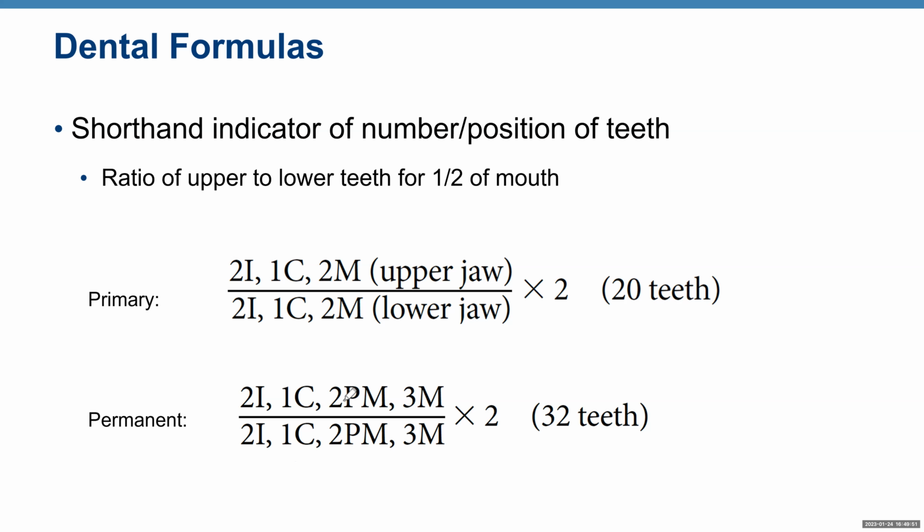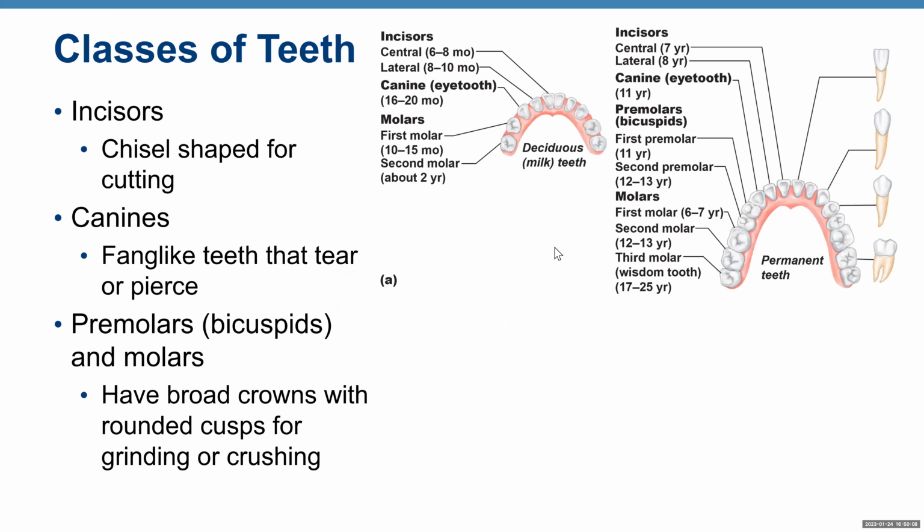So premolars, you have a total in the upper jaw of 4 premolars and in the lower jaw 4 premolars, right? And you have 6 molars in the upper jaw and 6 molars in the lower jaw. So if you go back over here,